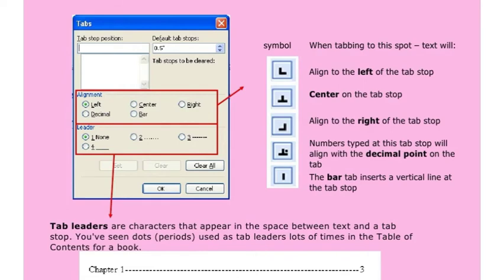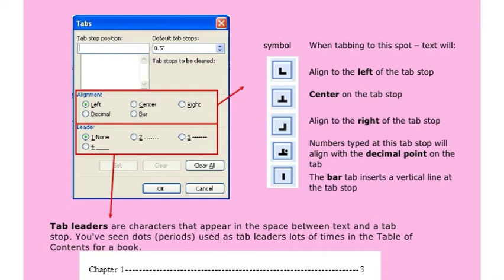Now, tab types. So here you can see the symbols. The first one is aligned to the left of the tab stop. Next one is center on the tab stop.